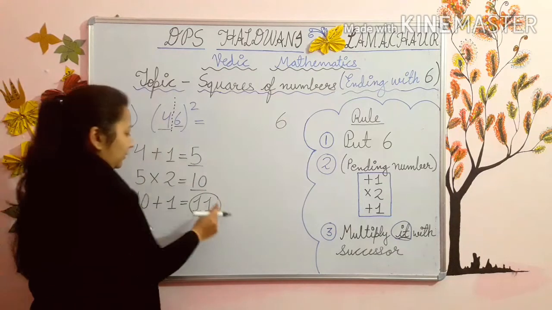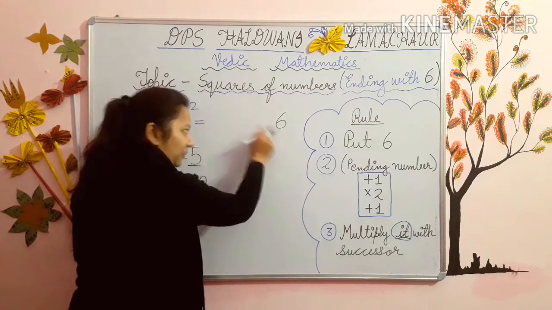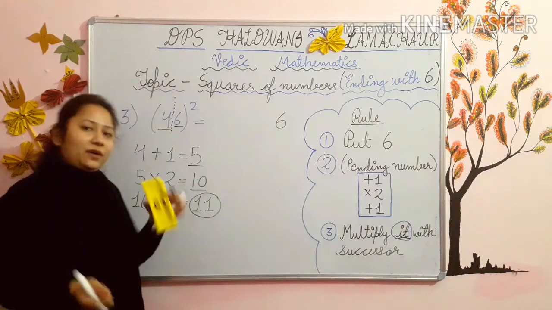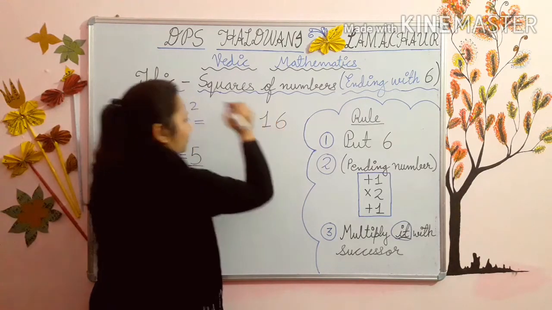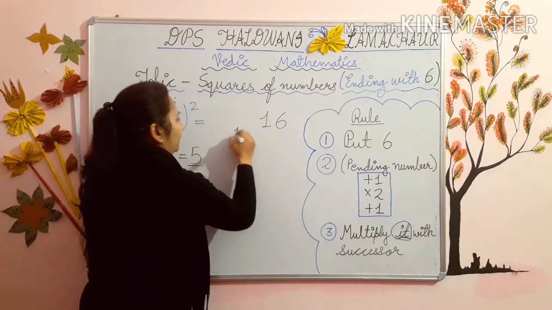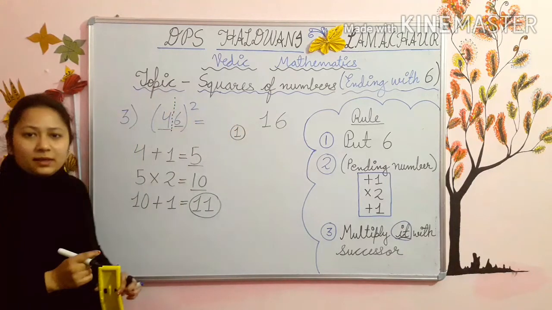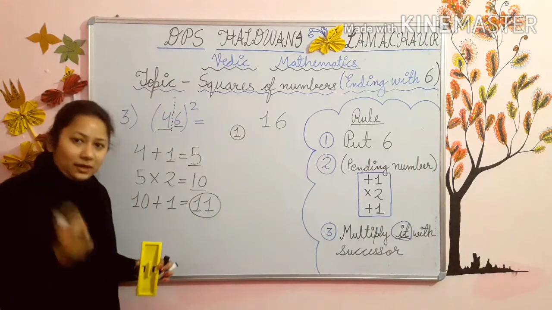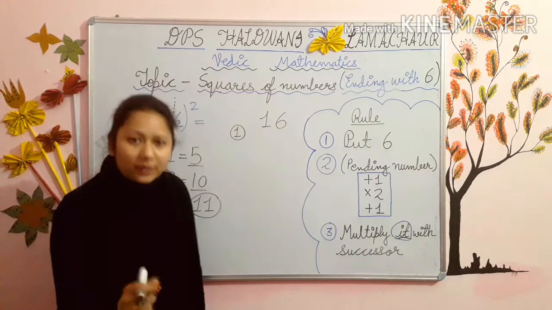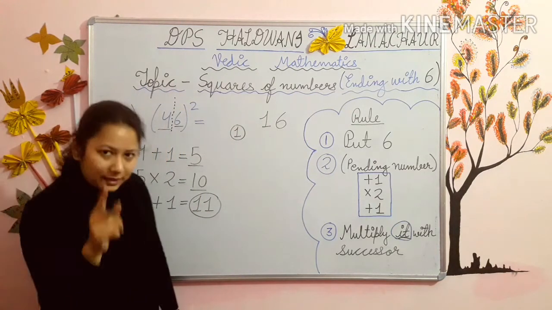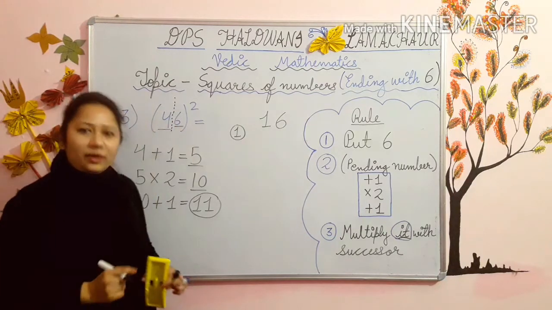Now you have to put only 1 digit here and 1 digit will go carry. See 11 here. So 1 will come here and 1 will go carry. Yes, if a double digit comes in this second place, or you can say tens place, you always have to keep only 1 digit and 1 digit will go carry.